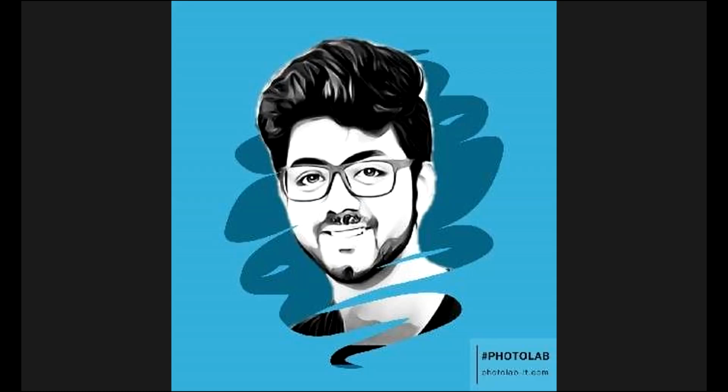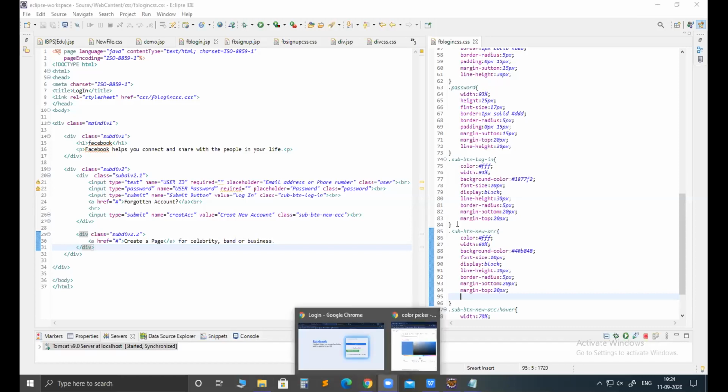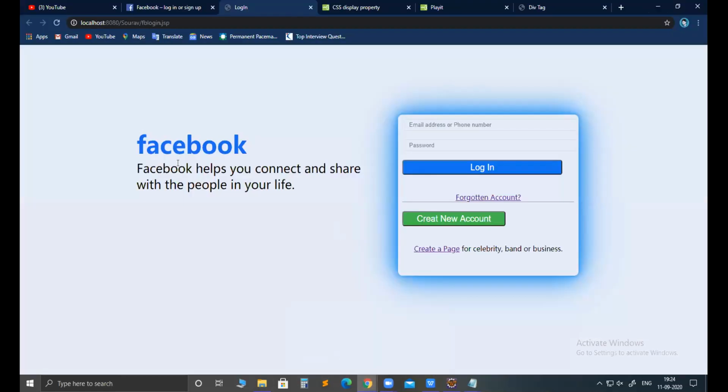Gaurav, done with CSS, external CSS? Yes, ma'am. Share your code. Actually, ma'am, I want to create a Facebook login page, but I didn't complete it.